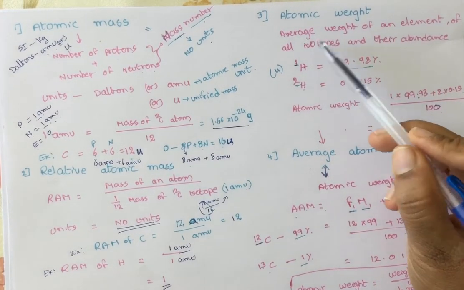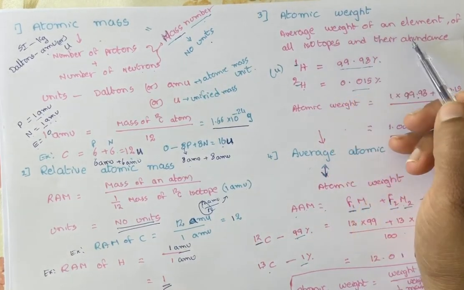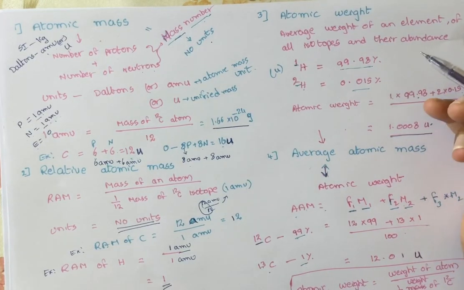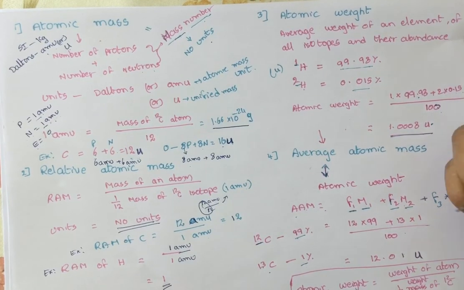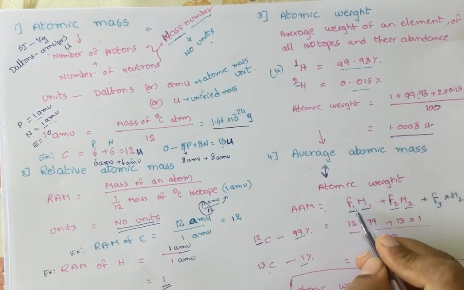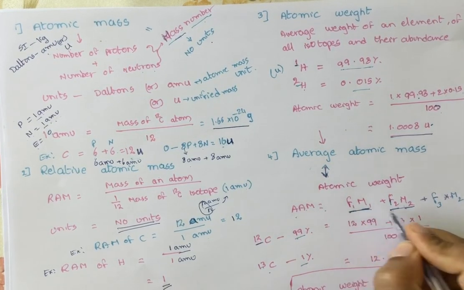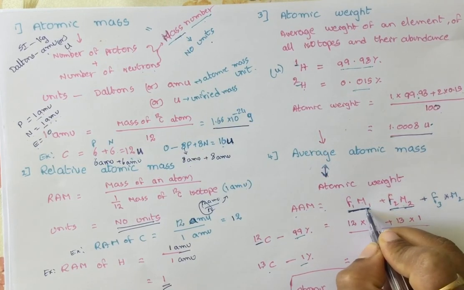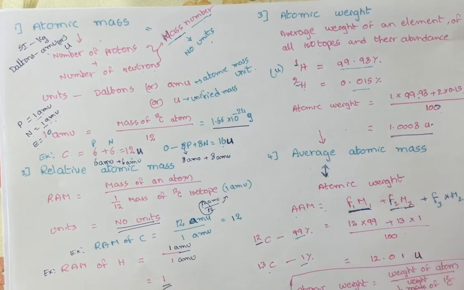Similarly, let us discuss what atomic weight is. How can we define atomic weight? In order to define the atomic weight of any atom, you have to know how many types of isotopes of that atom exist and what their abundance is. You have to multiply the abundance of each isotope by its mass number, and add up all the isotopes with their masses. This is the simple formula: F is its relative abundance and M is its mass. So you multiply them to calculate the atomic weight.